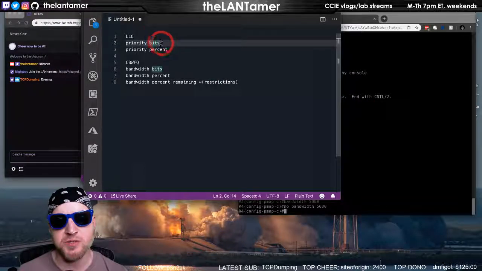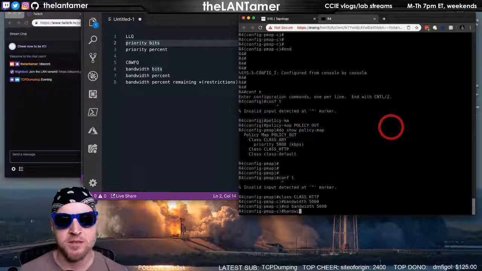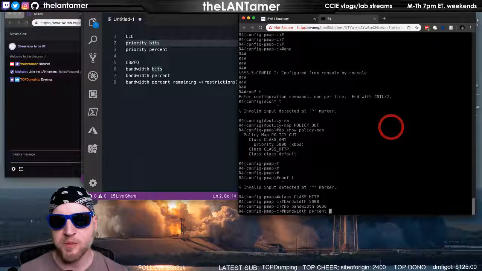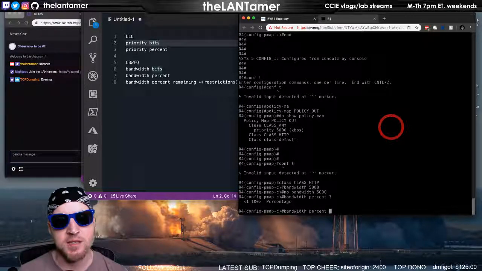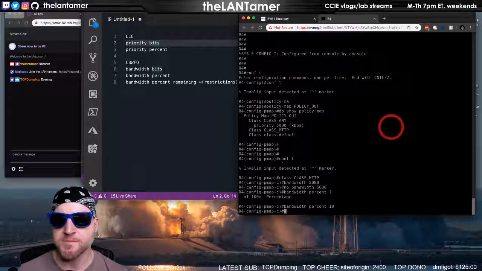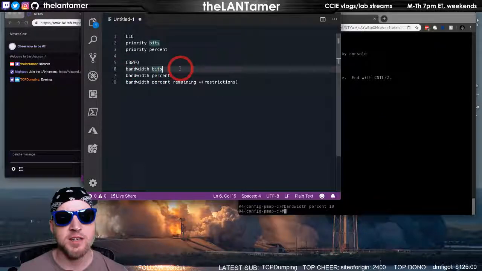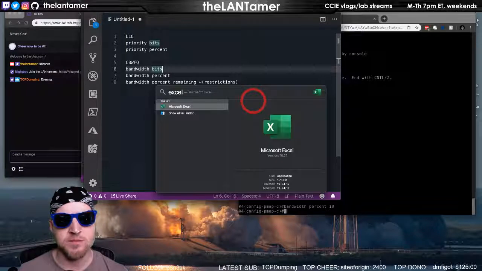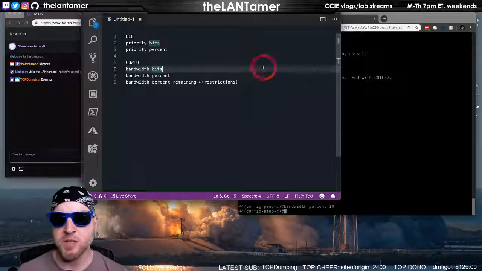So you have these restrictions when you mix bits and percent. I'm not sure if that applies to LLQ and CBWFQ though. And with percent, let's try 10. Yeah, so that's fine. And what I need is some columns.